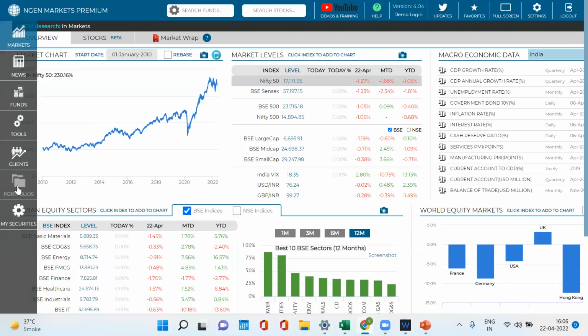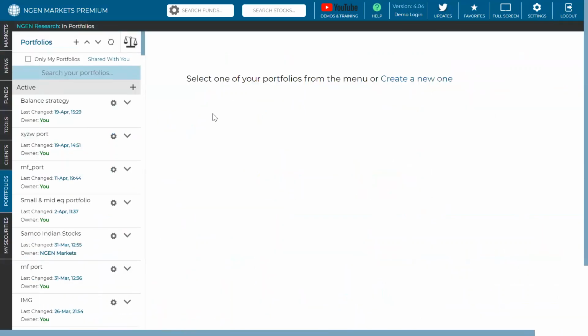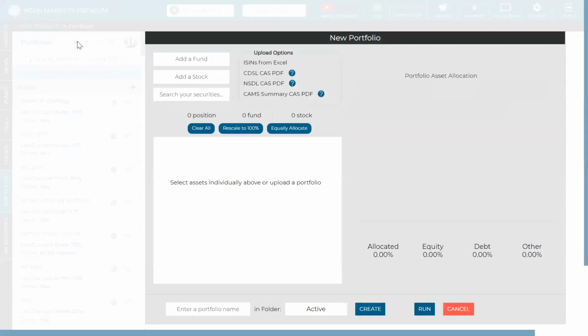Here we are going to talk about how we are going to onboard model portfolios, and even the clients. We are going to talk about the clients first, which are our prospective clients, and how to onboard them. The best way to onboard them is to click on this plus button. And all you have to do here is click on this add a new portfolio